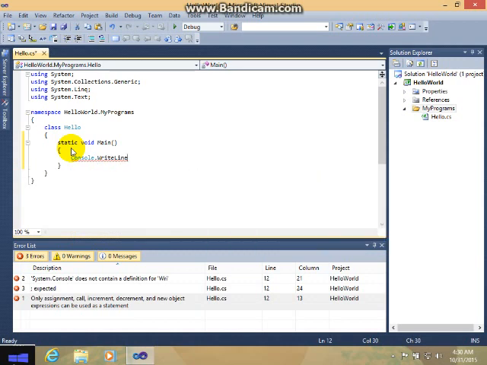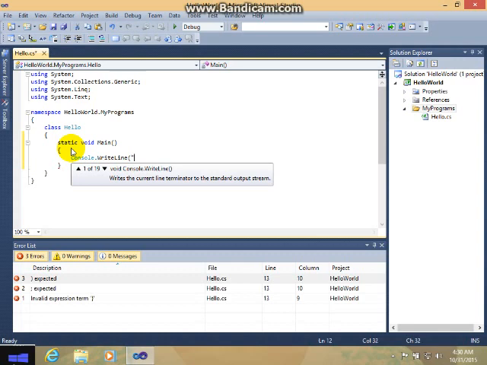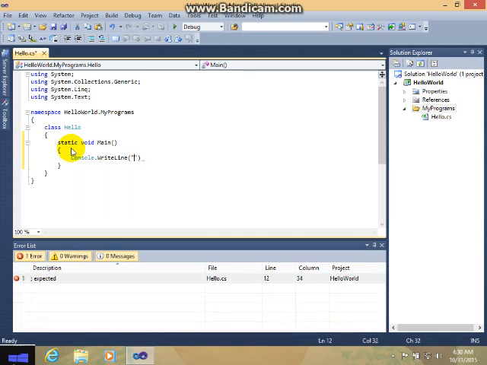Just go ahead with that, open parenthesis, quotation mark, and type hello world. What is inside this parenthesis will be displayed on screen, and make sure to have the double quotation marks and type hello world or whatever.